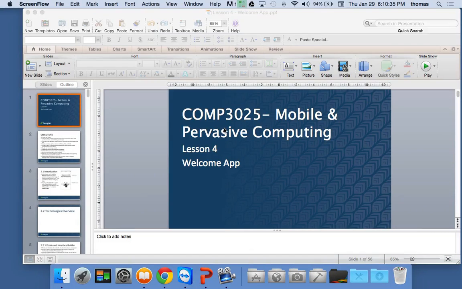Okay, so we're in COMP 3025, and it's week 4, lesson 4, part 1, and we're going to be doing this little web welcome app, which basically doesn't really do any actual coding. And you know what? Thank God, because our emulator is not really working. But the great thing is we can use iOS 8 and the Xcode IDE to build this app for the